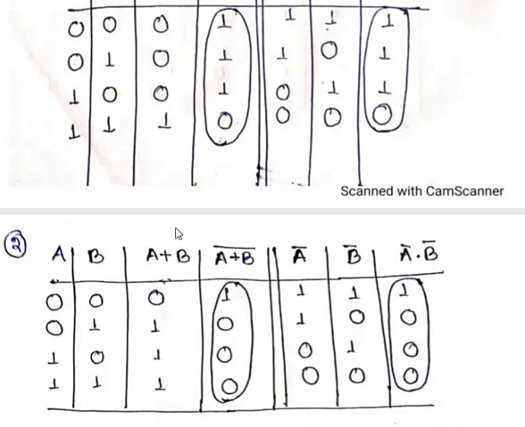I will first calculate (A plus B) whole bar. Then I will calculate A bar into B bar. In the same way I have calculated A plus B, which will be 0 1 1 1. Then the complement, (A plus B) whole bar, will give you the result 1 0 0 0. Now I will calculate A bar and B bar, and then multiply. The value of A bar will be 1 1 0 0 and the value of B bar will be 1 0 1 0. Then I will multiply.